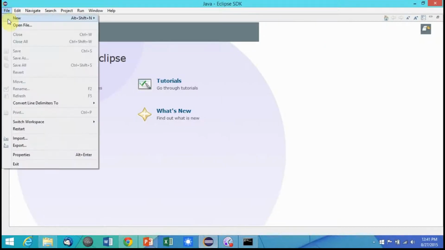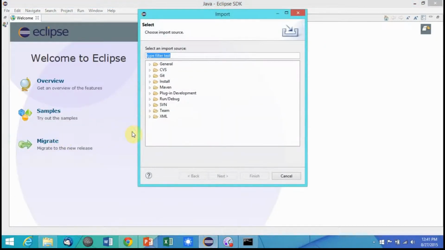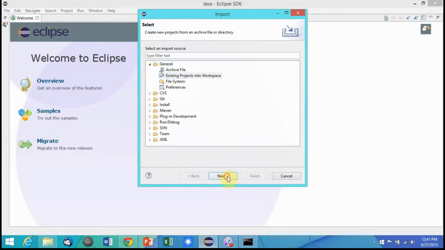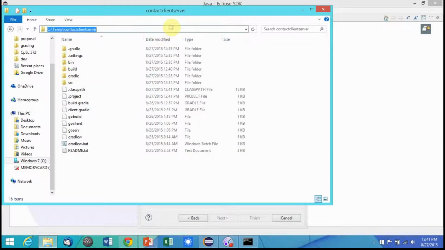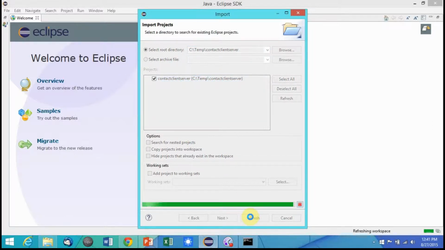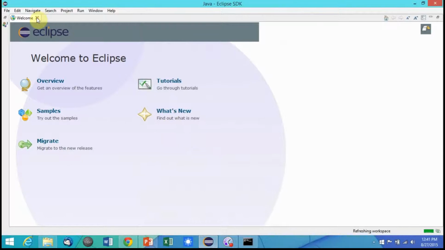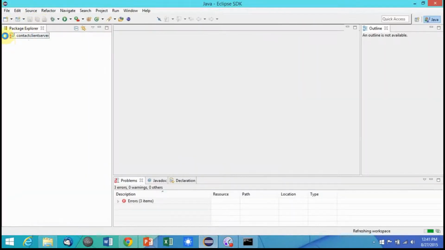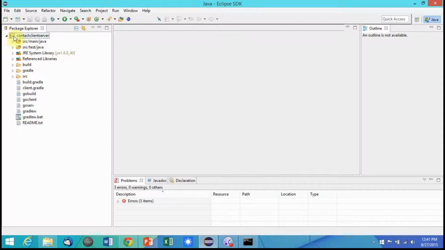Now I'm going to come here to Eclipse and import that project. And I'm going to select this folder and choose to import that. When I do, I'll see the project here, and there were temporarily some errors, but after it's finished refreshing, those errors have gone away. You can see our build.gradle script right here. We can take a look at that,